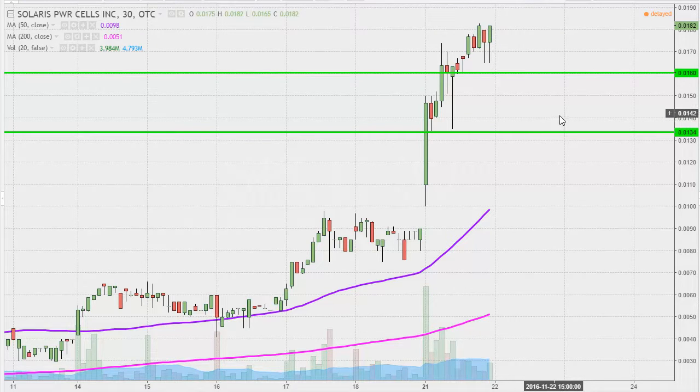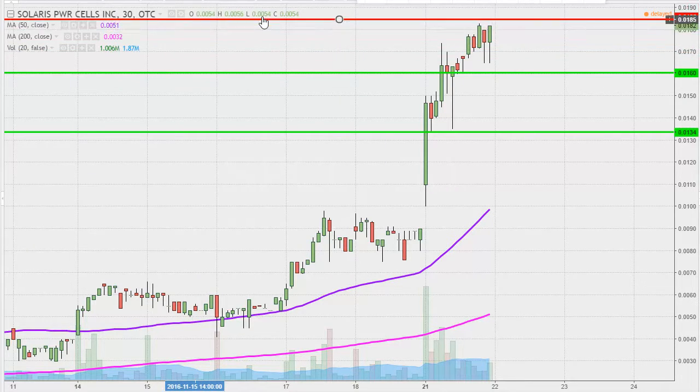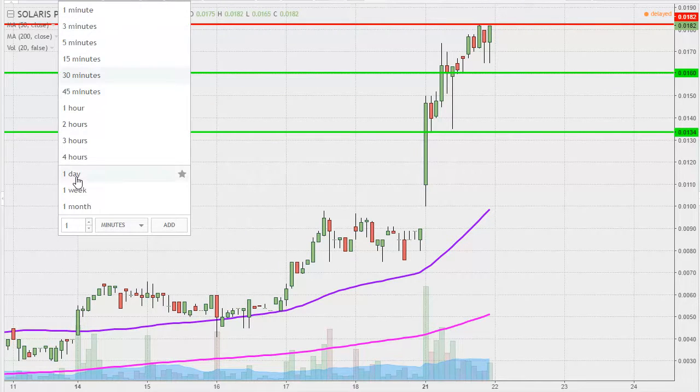Now for the fun stuff, what about levels of resistance? If this upwards move is going to continue, where are some of these battlegrounds at? Initial area of resistance, which is just coming from where the price tried to get above there a couple times today, sits right up here at 0.018. Good news is the price didn't close that far below it, so it's not like the bulls have to travel really any sort of distance tomorrow in order to be able to do battle with it. So 0.018 is going to be that initial level, and then